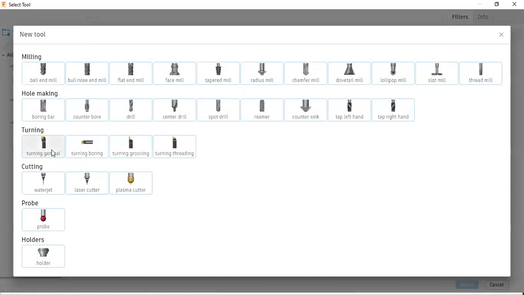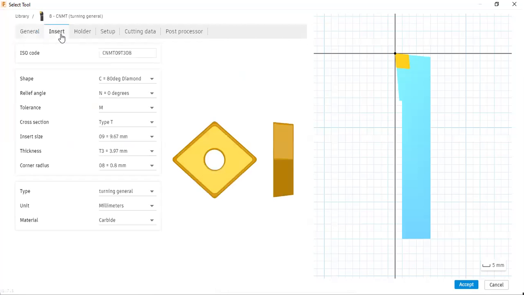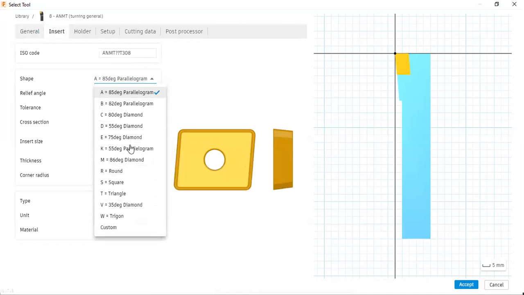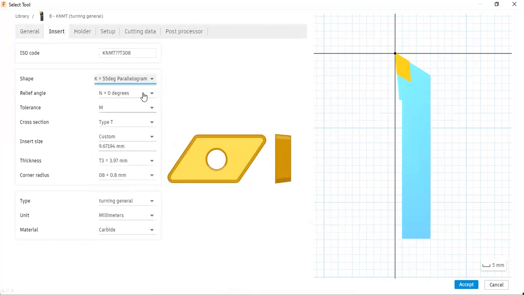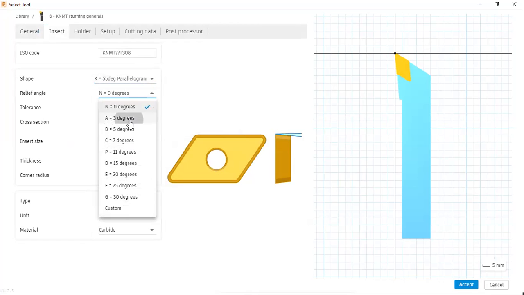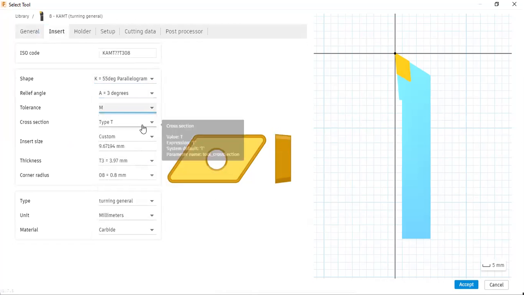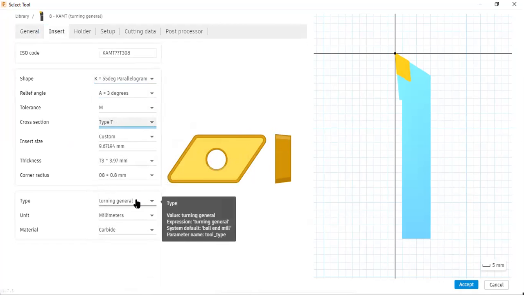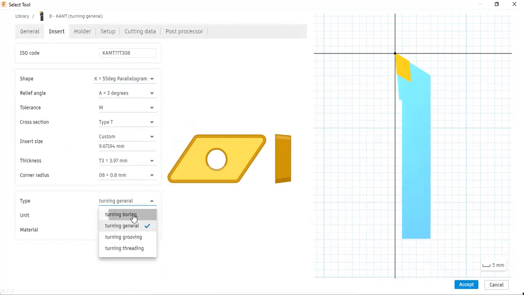So I will show this turning also. Turning is actually used for cylindrical workpiece. So I will click this turning general, and here you can see the inserts, various inserts. You can change the shapes: 85-degree parallelogram, 80-degree diamond, 55-degree parallelogram. So these are the relief angles: 7-degree, 0-degree, 3-degree, etc. And you can change the tolerance, the cross section, and the insert size, thickness, corner radius, etc. So here you can see turning general to turning boring,